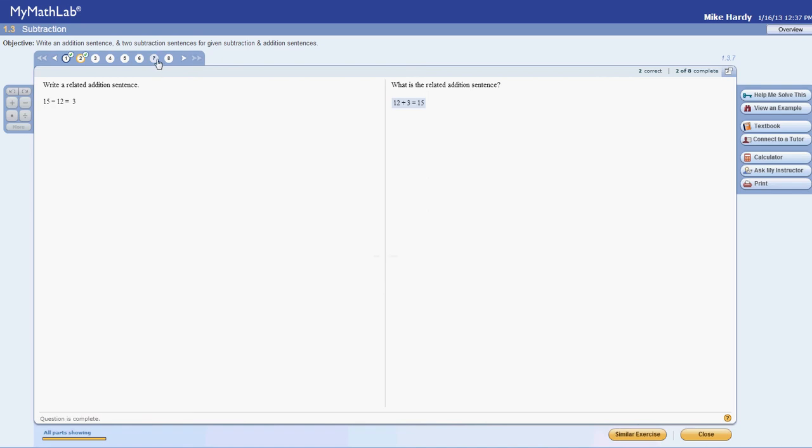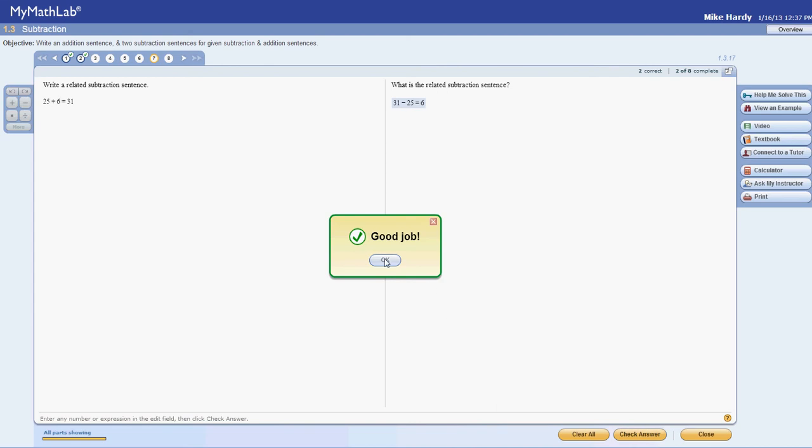Okay, so we're doing a good job there. I'm going to skip on the subtraction sentences. I'm going to try 31 minus 25 equals 6. Check answer. Good job. Now, what we've got here, before I click off the good job, I want to point